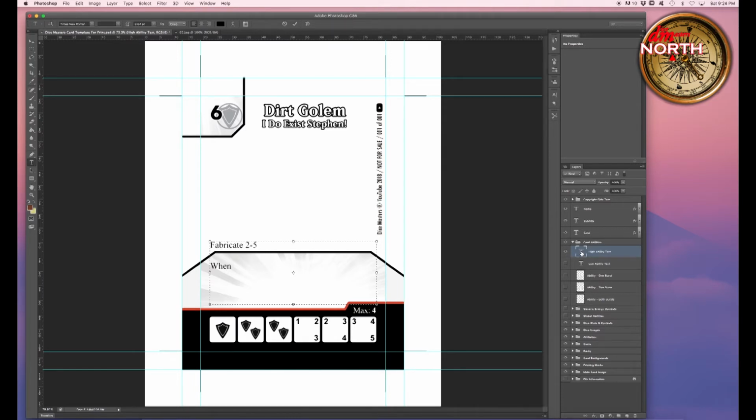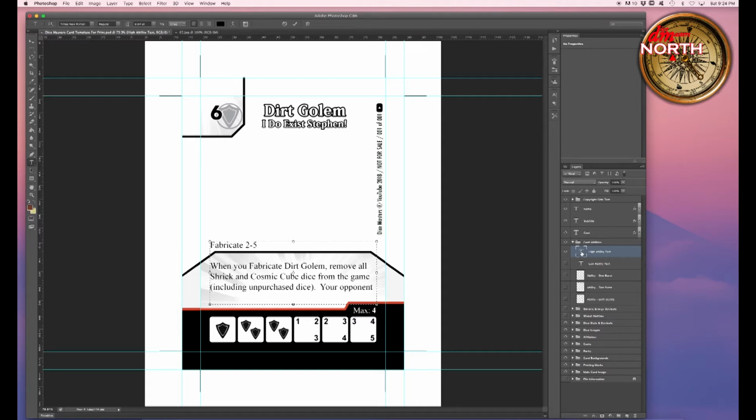Then bump it down a little bit and start putting the ability in. In this case, the ability is going to be when you fabricate, if I can remember how to spell fabricate, Dirt Golem. Wow, I'm struggling there. Remove all Shriek and Cosmic Cube dice from the game, including unpurchased dice, period. And to make it a little more nasty, we're gonna cause some damage as a result